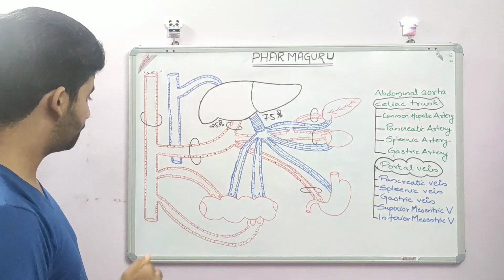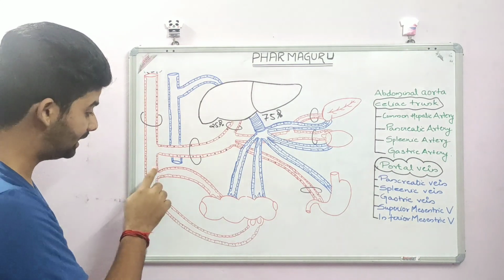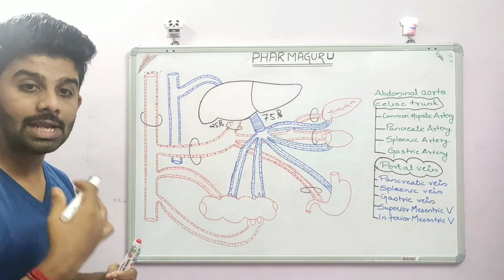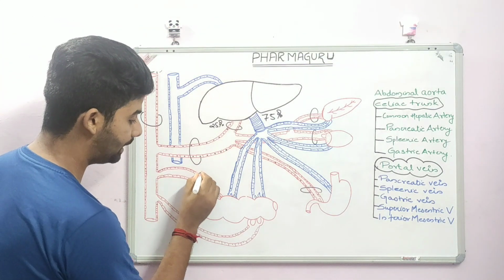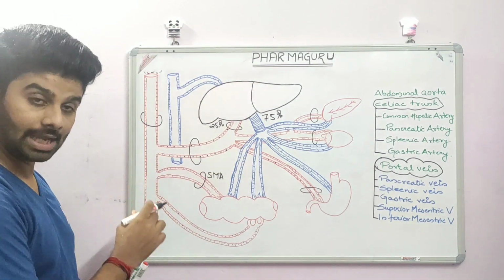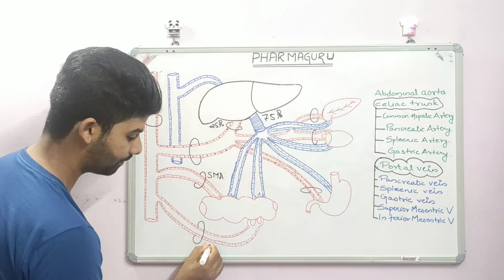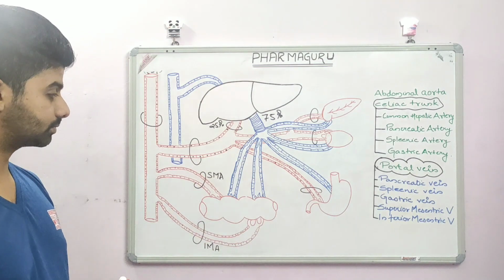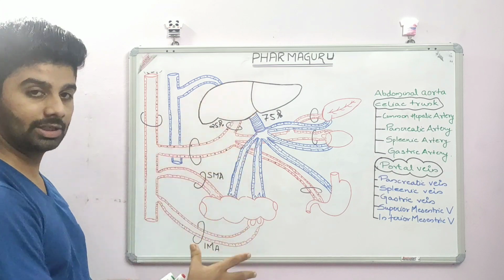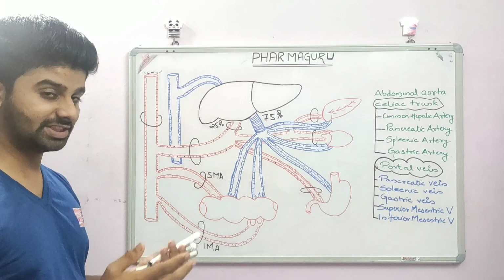Done. Now, this abdominal aorta will extend further and then split again into two pathways. First pathway is the superior mesenteric artery, right? And again into the second one, that is the inferior mesenteric artery. Done. This is how the aortic blood reaches a lot of the organs. And this gives oxygenated blood, right?